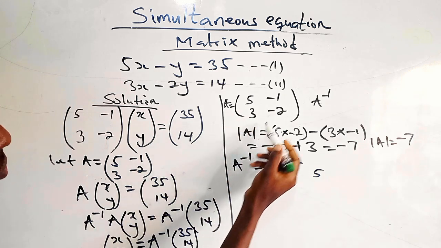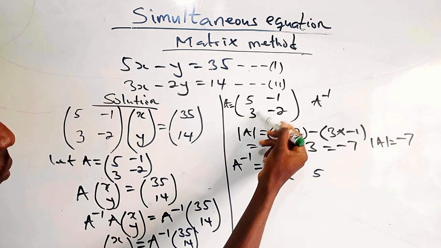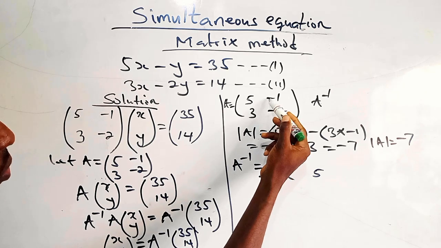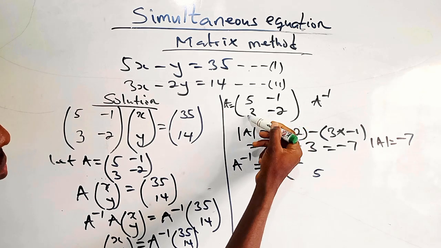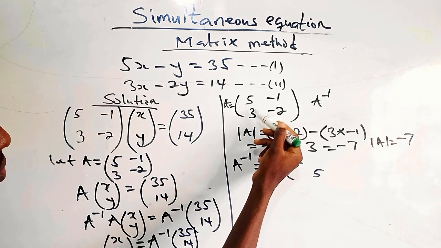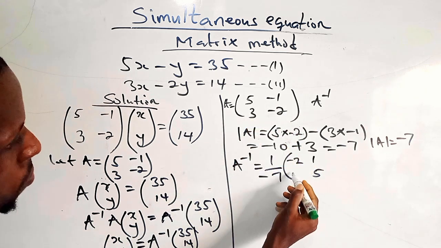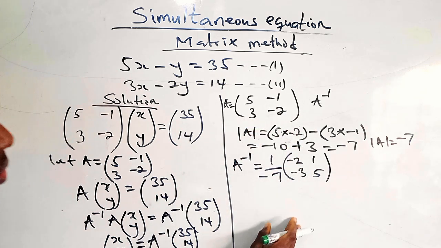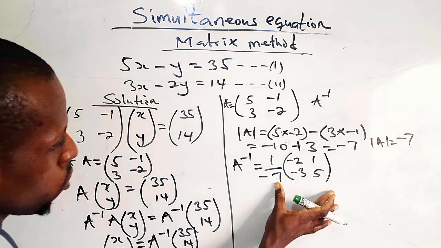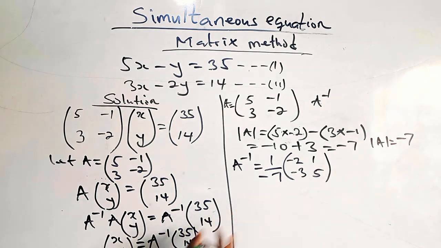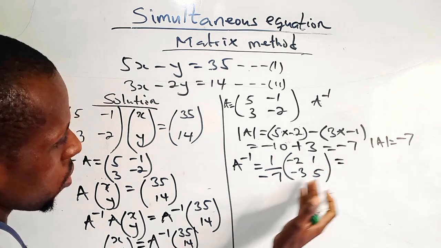So for the other diagonal, what you just have to do is to work on the sign. If this one is minus, it turns to plus. This one is plus, turns to minus. Here you have 1, and here you have -3. Okay, so you can decide to use this in resolving this, or you can decide to resolve this